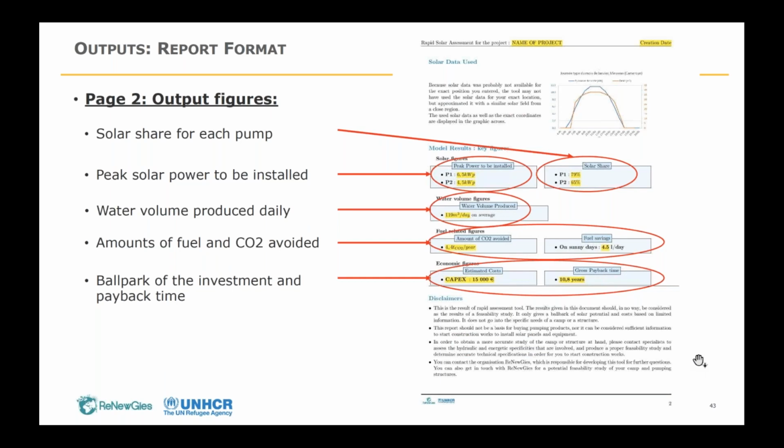The first line is about solar figures. It is about the peak solar power to be installed and the solar share for each pump. A line about water volume figures, the amount of water produced each day under the scenario. A line about fuel figures will also be available, and a quick economic overview with a ballpark of the investment